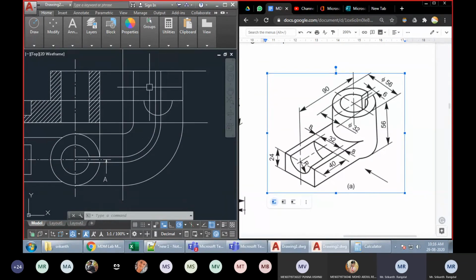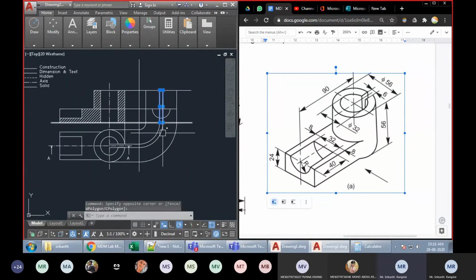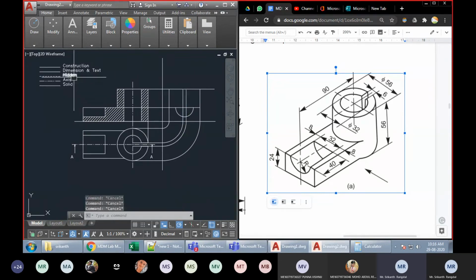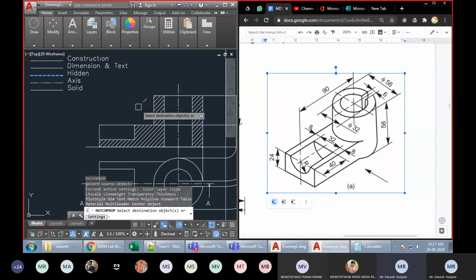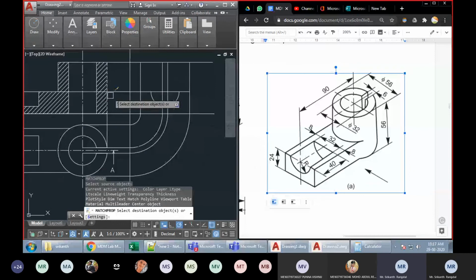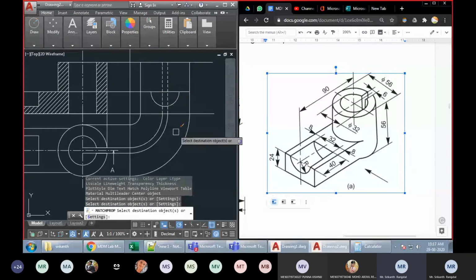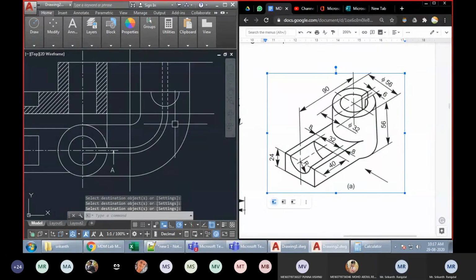Right. So these 2 lines will be hidden. They will not be visible from this edge. Fine. So you can see these 2 edges will not be visible from this side, and hence we have to make them hidden. So just match the properties again. This is how we want the hidden lines to appear. So I'll just take the style of this. You can see a brush is appearing above my cursor, and I can transfer those here. So I guess this is it.